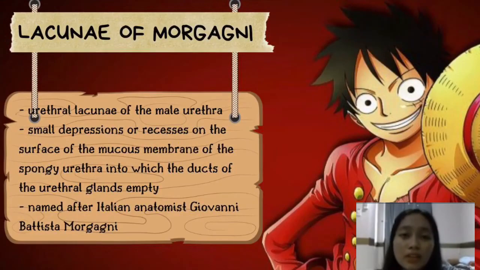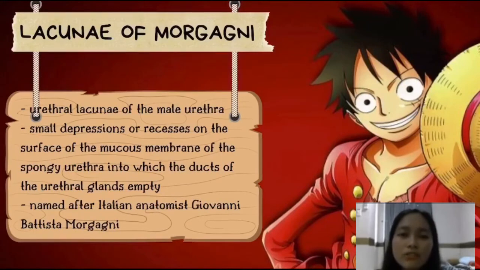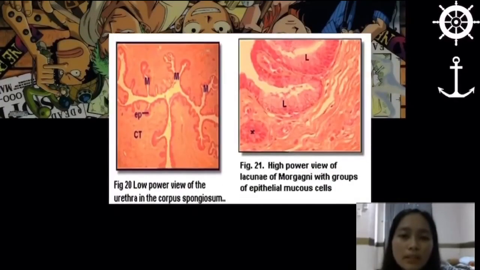The lacunae of Morgagni are also called the urethral lacunae of the male urethra. These are small depressions or recesses on the surface of the mucous membrane of the spongy urethra into which the ducts of the urethral glands empty. Their openings are usually directed distally, and the largest of these recesses is called lacuna magna or sinus of the